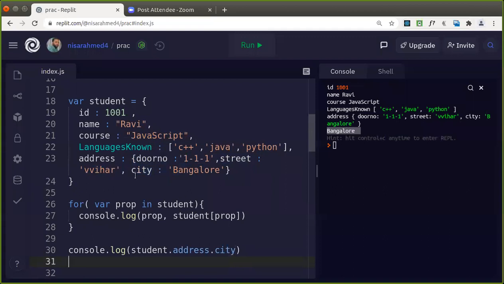Good. And coming to this one, like you have a languages known array, isn't it? So it's an array basically. You can just process the elements. Whatever operations you are performing on the array can be performed. So basically you can access it using the name. console.log, how do you access the basic array? The same way.